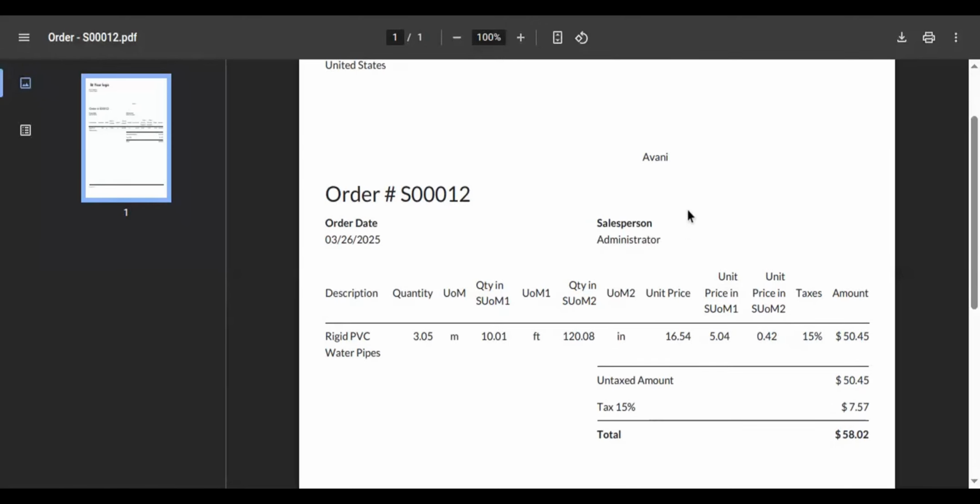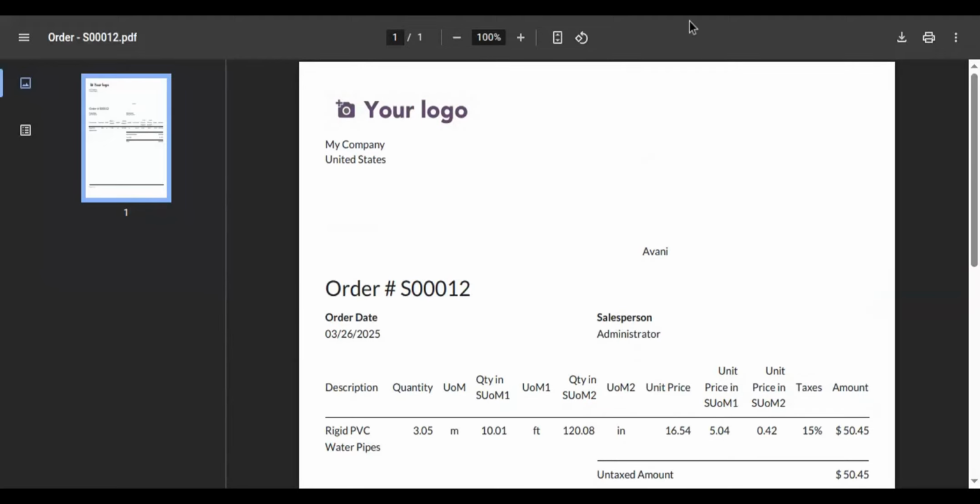So this is our printout, which describes completely what we had in the sale order, like the unit of measure, sales unit of measure one, sales unit of measure two, and the other pricings as well.